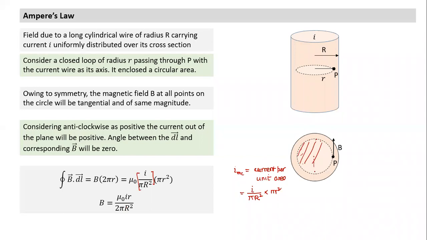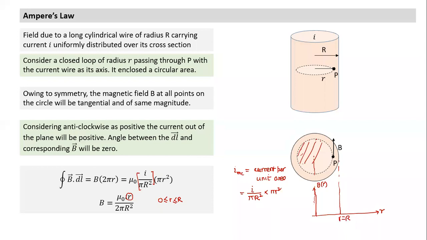Suppose I want to draw a graph, as we have done earlier in some other chapter. On the x-axis I have written R, and on the y-axis B. Tejas, what does this term B(R) indicate here? Magnetic field at distance R from the center. Yes. So this formula you derived is only valid for which case? Only for R less than the big R. So this curve is valid only up to this point, where R is equal to capital R.